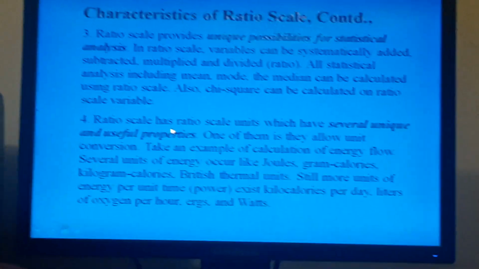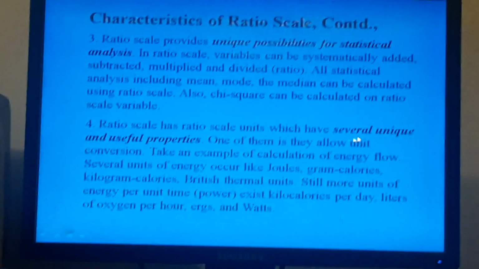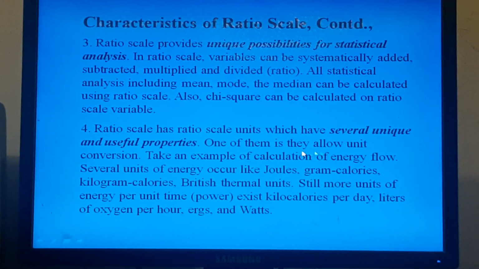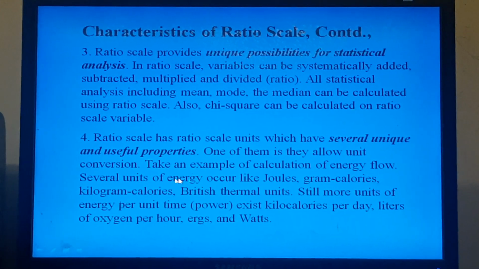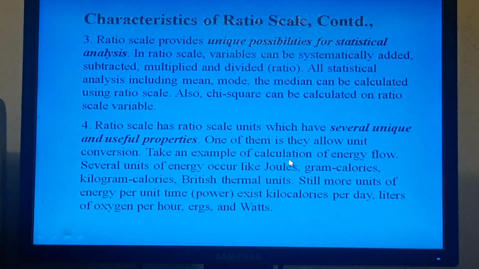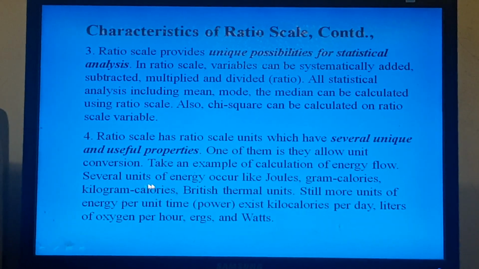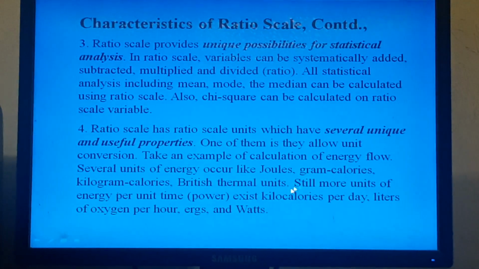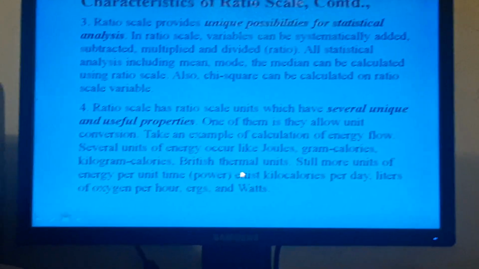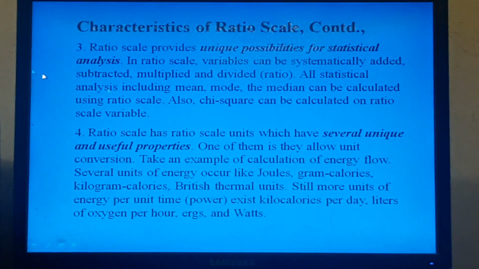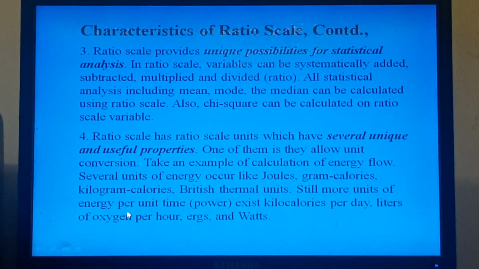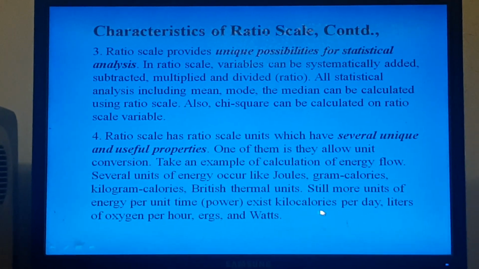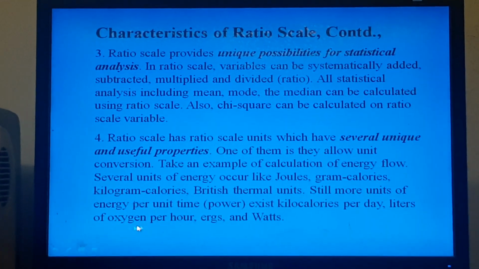And fourth, the ratio scale has units which have several unique and useful properties. One of them is that they allow unit conversion. Take an example of the calculation of energy flow. Several units of energy occur, like joules, gram calories, kilogram calories and British thermal units. Still more units of energy per unit time, that means power, exist: kilocalories per day, liters of oxygen per hour,